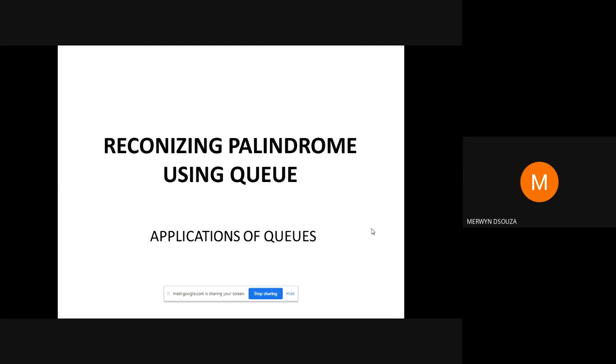You can write down this topic in your books and we're going to start. So basically we are going to recognize palindromes using queues, and this is an application of queues. If someone asks you in the exams to give an example of an application of queues, you can give this one. This is one of the applications. There are many applications of queues.